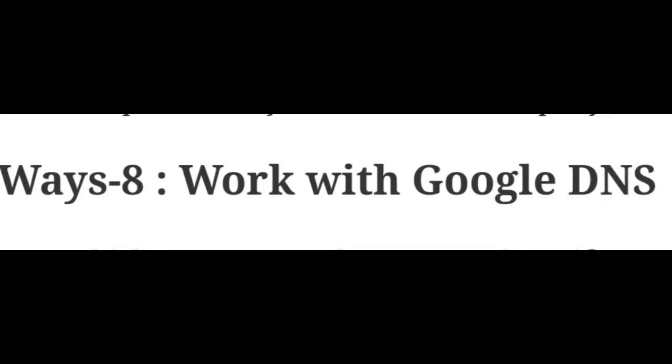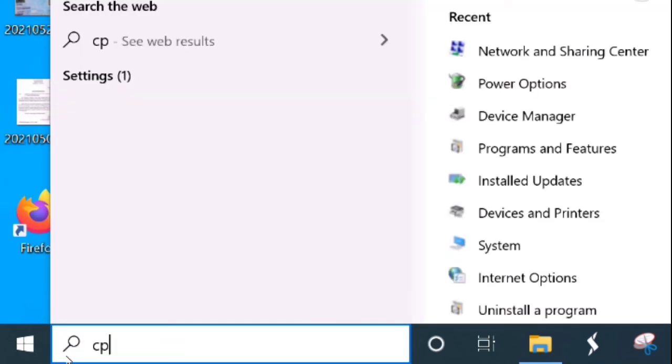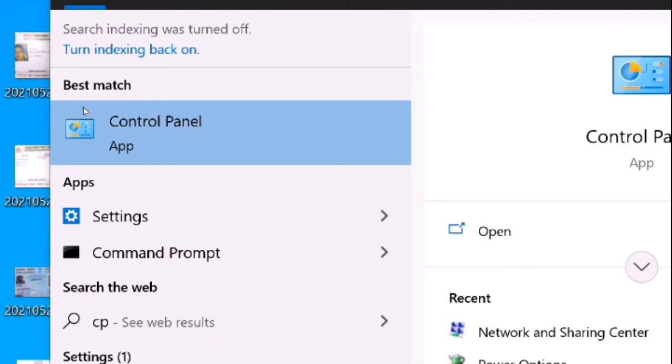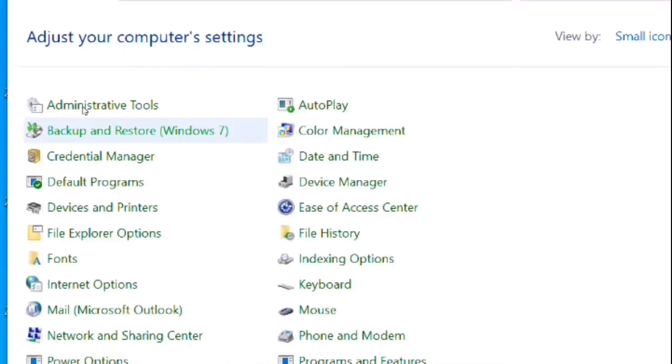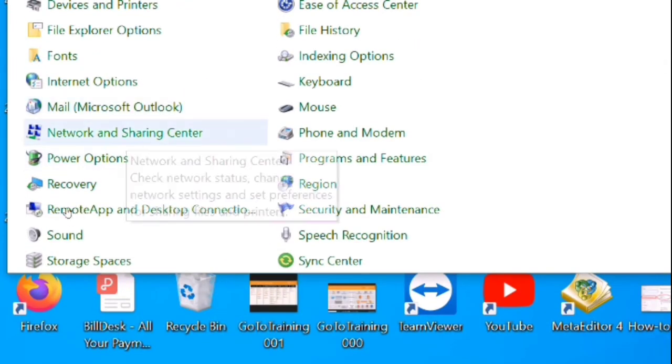Next workaround is to work with Google DNS. Go to the Windows search, type CP and choose the option control panel from the top result. The control panel window will open. Here choose the option network and sharing center.